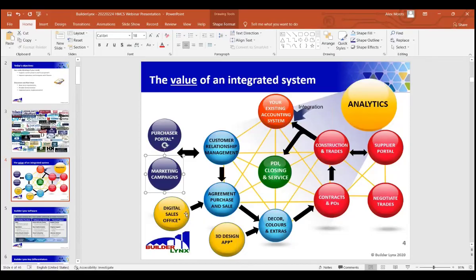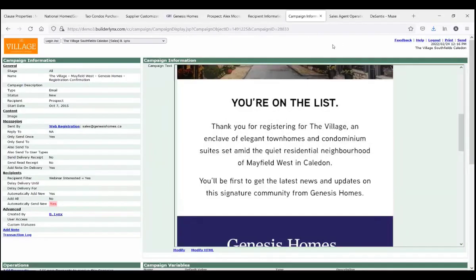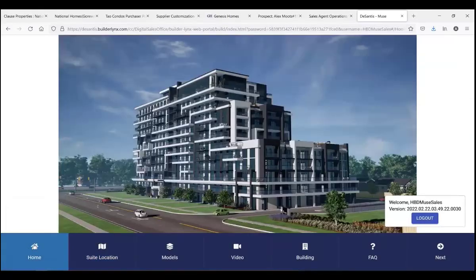With that, I'm going to switch gears a little bit and we'll take a look at the digital sales office quickly, and just how the sales process works within the system. So I'm just going to close a couple of tabs here and show you how that part of the process works. So we have basically this application meant to be used either on a tablet device